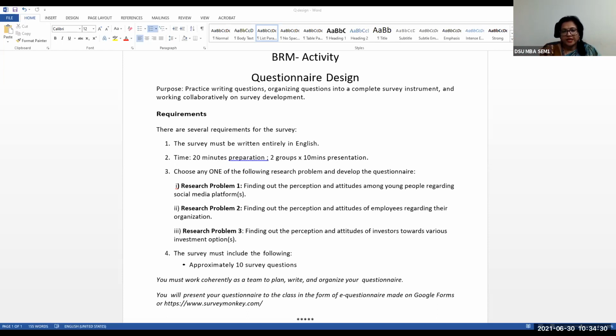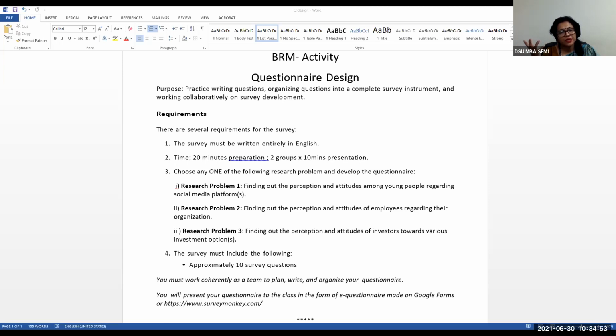So demographics: age, gender, income wise. You may not have so much to do with household income for a social media platform, but perhaps for people choosing research problem 3, if you see on the screen, then perhaps household income, annual household income, or monthly household income. Again, annual household income might be difficult for people to recall.